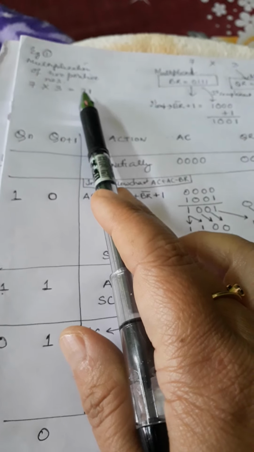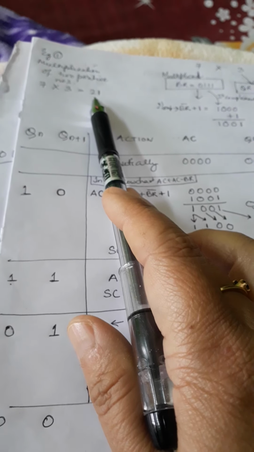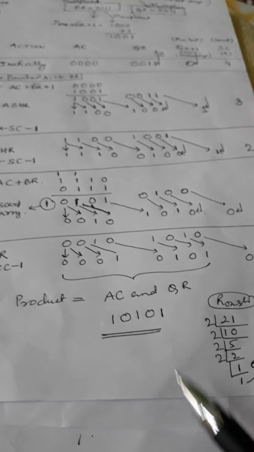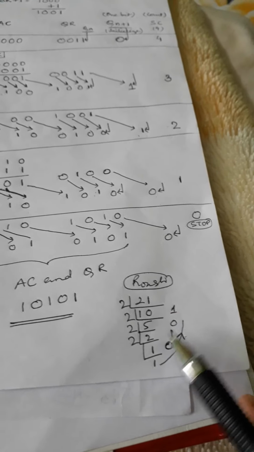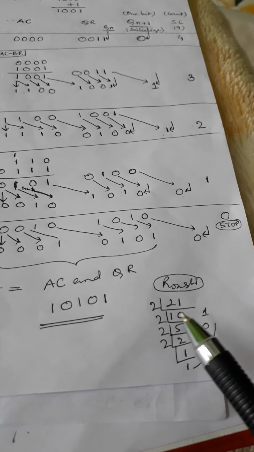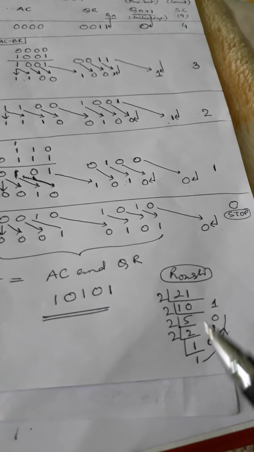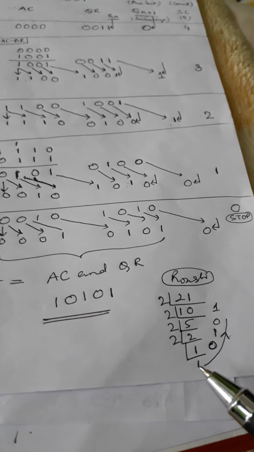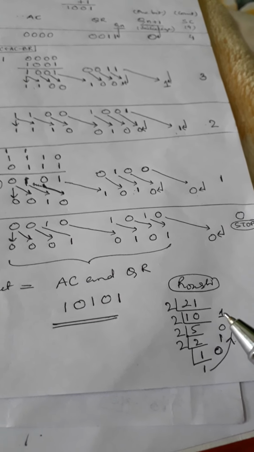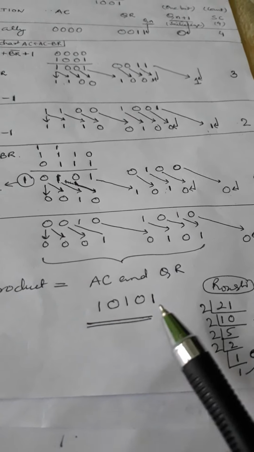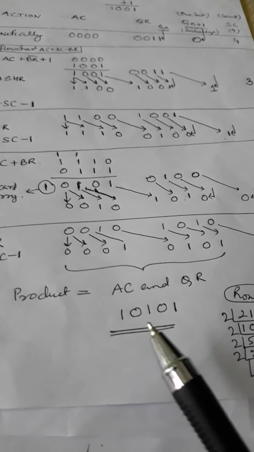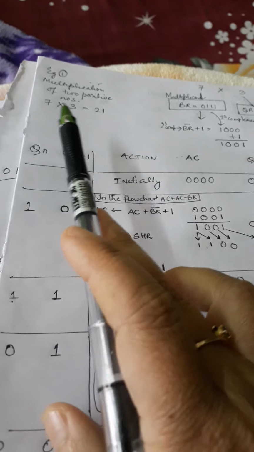That means the binary equivalent of 21. All right, so our binary equivalent of 21, if you check, I've done it for you rough. You all know the process very well, I'll not explain. Okay, this is what we get, and the equivalent of 21 is 1, 0, 1, 0, 1, which is exactly what we are getting after this. Okay, so this is how Booth algorithm helps us in multiplying two binary digits and getting the product in binary